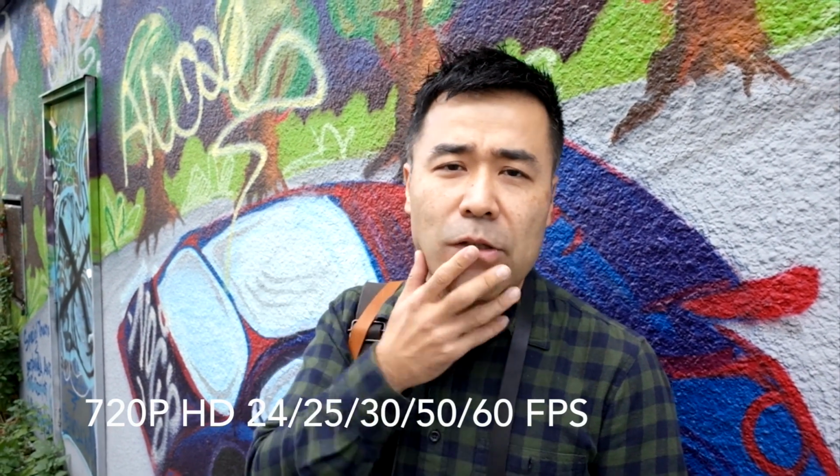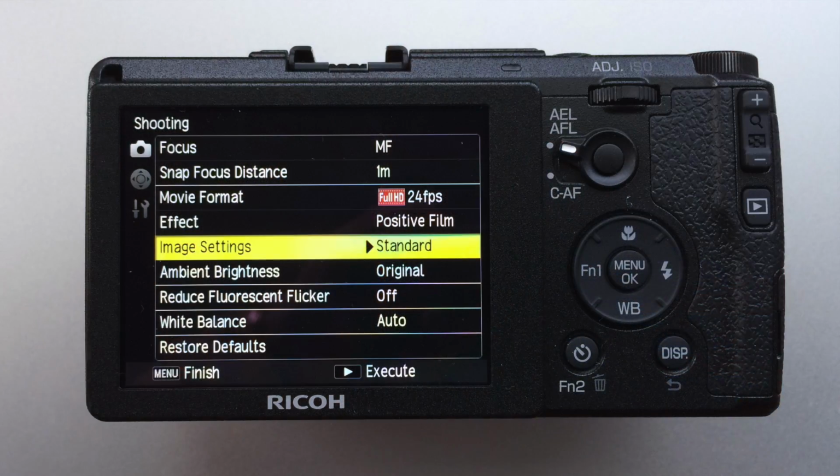And then it has a 720 and any lower resolution, but there's no need to have such low resolution. And then you can control the white balance. You can't control the aperture or the shutter speed, and you can't control the ISO speed, but you can add effects, and you can add